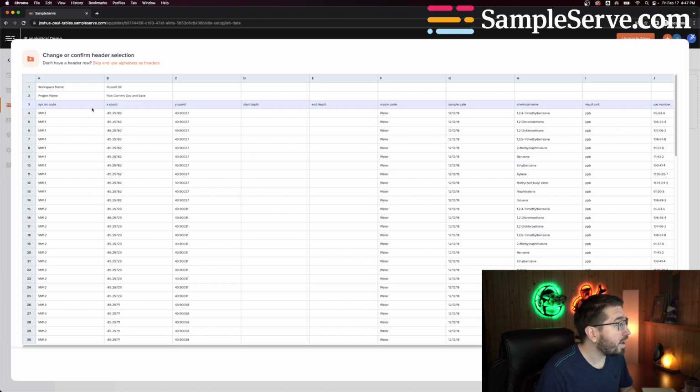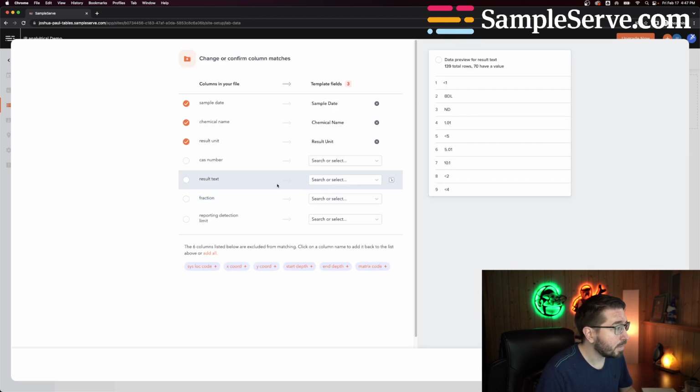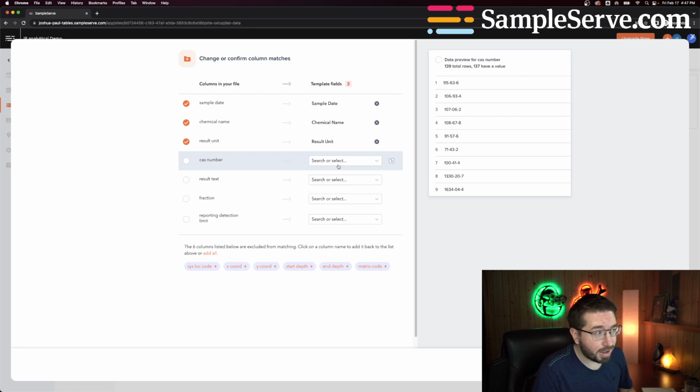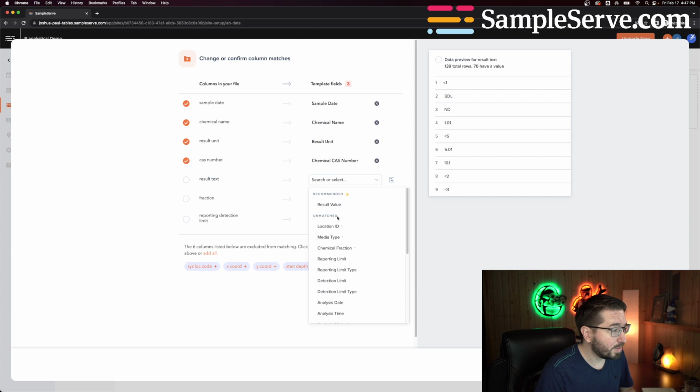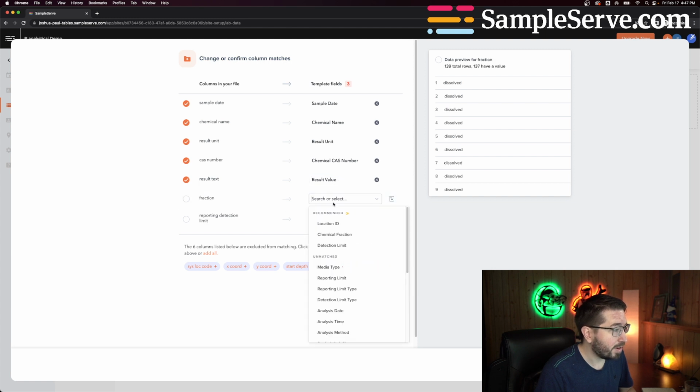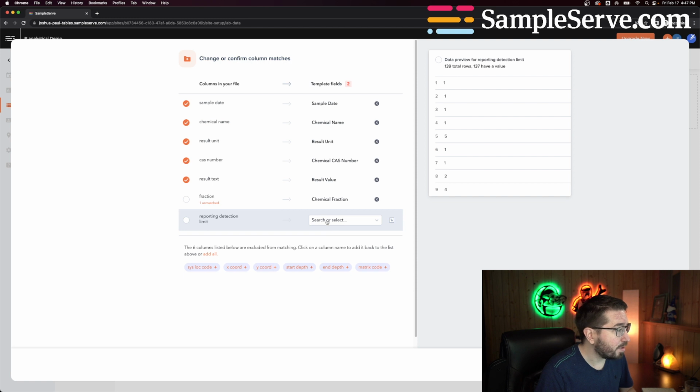We're going to click the header that we want to use for the connecting header names, so it's already connected. Click Continue. We're going to connect our headers now. So CAS number, results, fractions, chemical fraction, reporting detection limit,